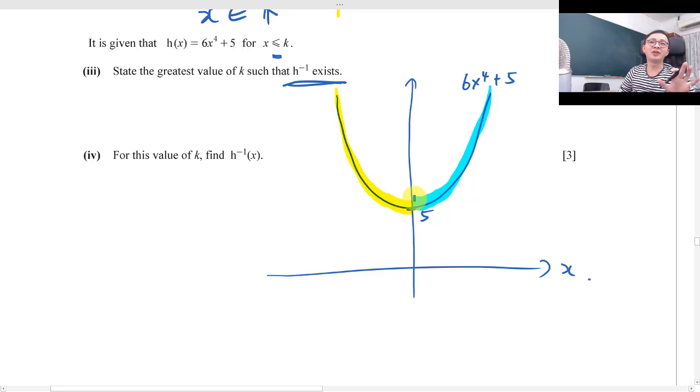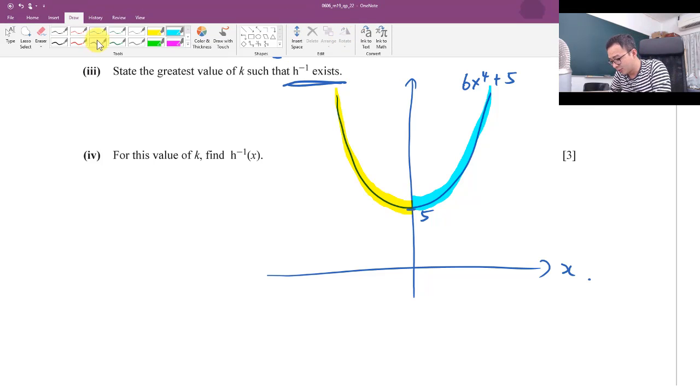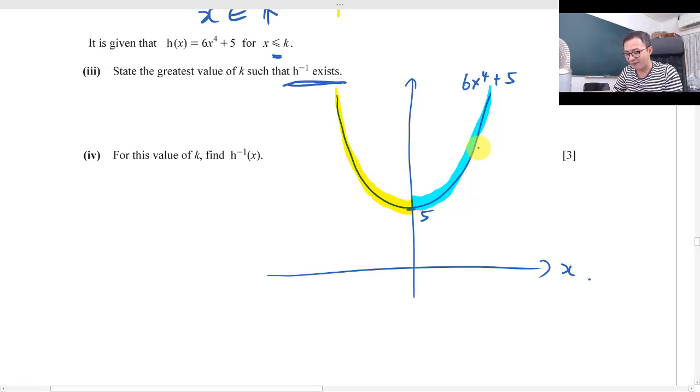I can only take one of them, but I cannot take all together, because all together you shouldn't have the inverse. But because of the less than sign, I have no choice but to only take the yellow side, the yellow color,